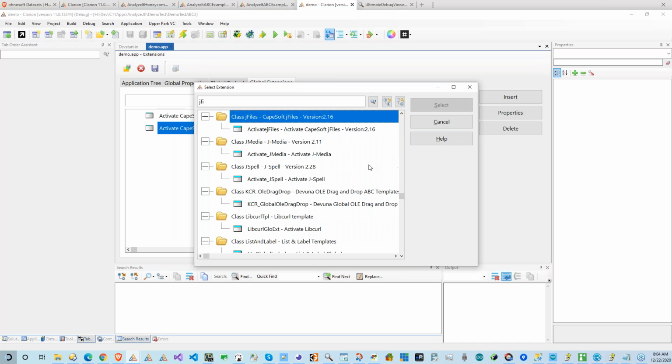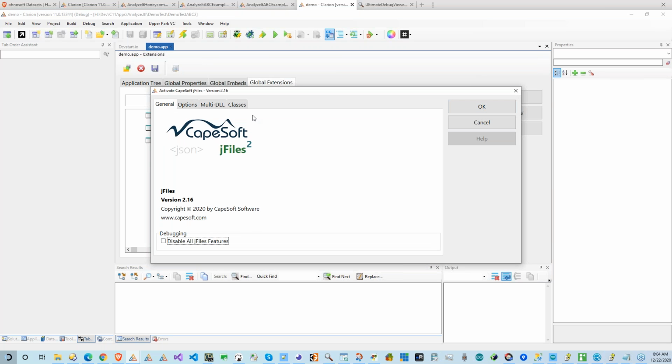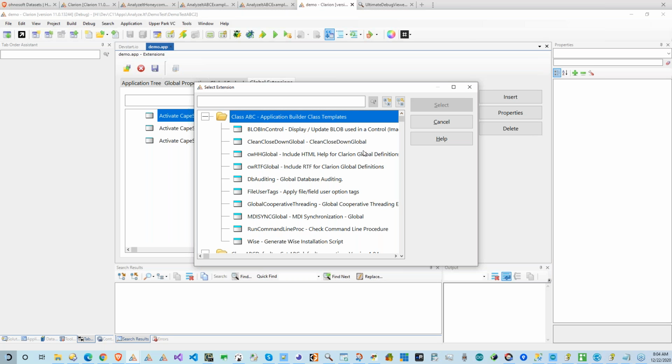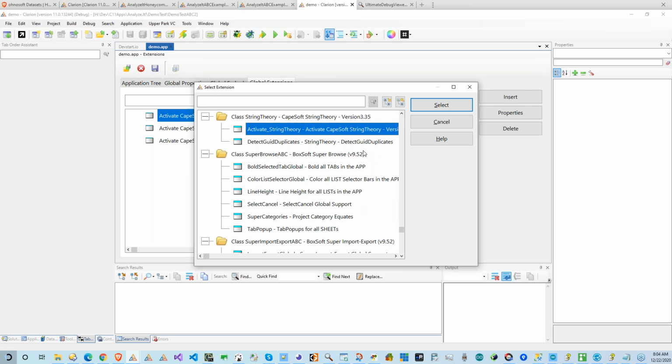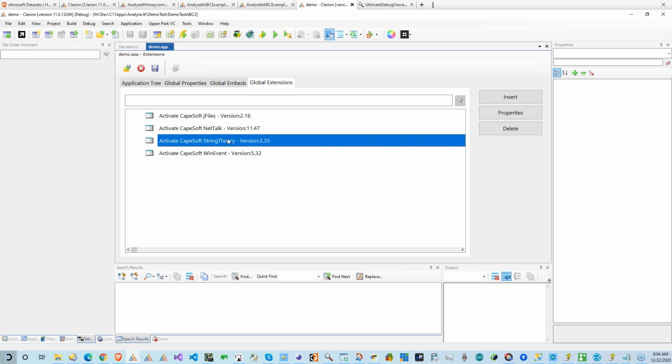Okay, JFiles is required. And again, there's nothing to set. And if you had a multi-DLL, then you would set the multi-DLL settings. Otherwise, there's nothing that we need to do. And StringTheory is required. Okay, so these four are required at the minimum. And if you want to do GPF reporting,